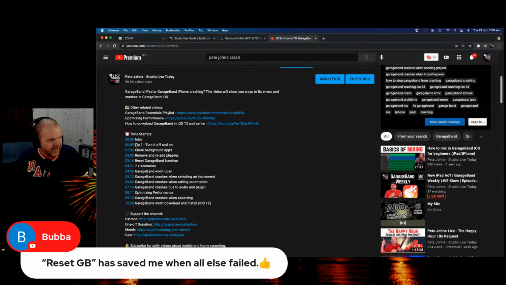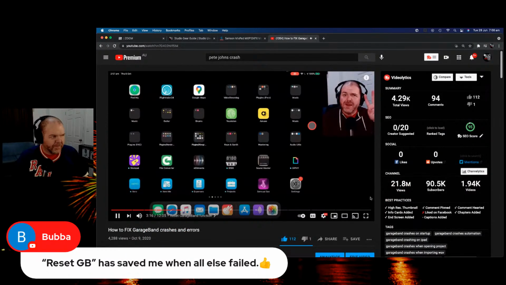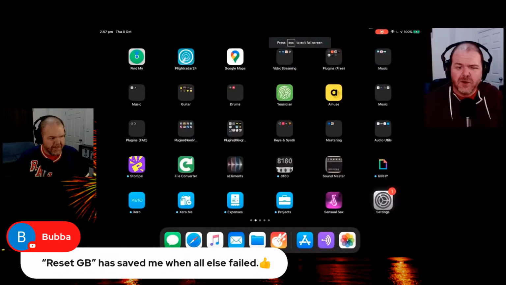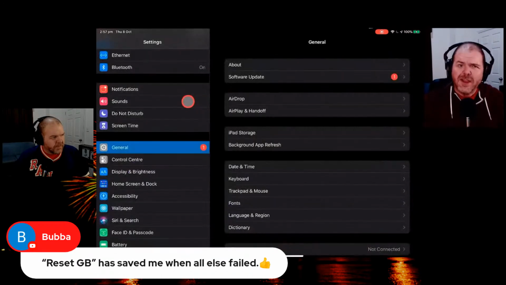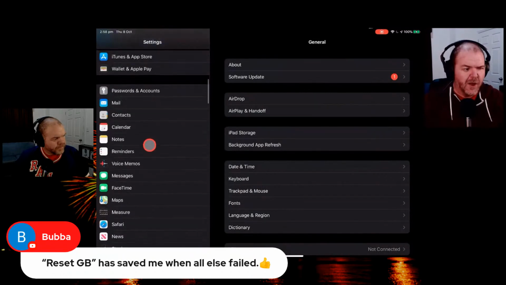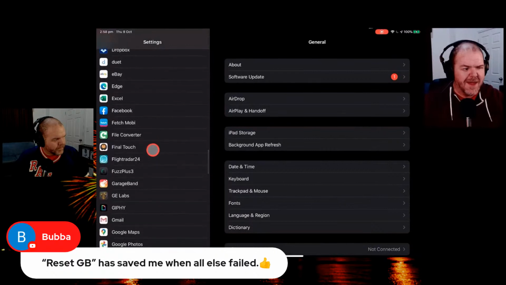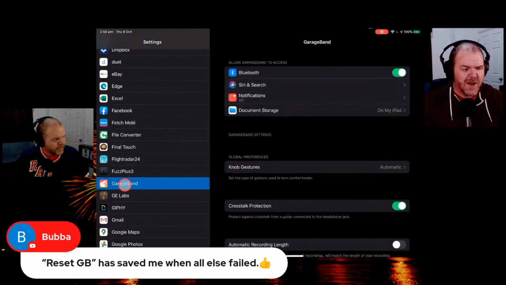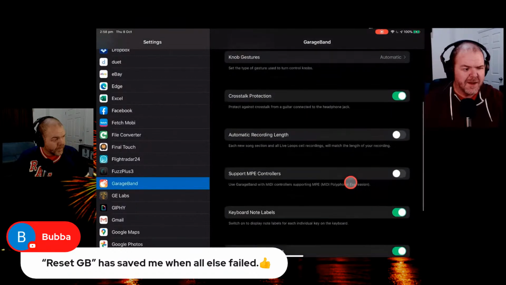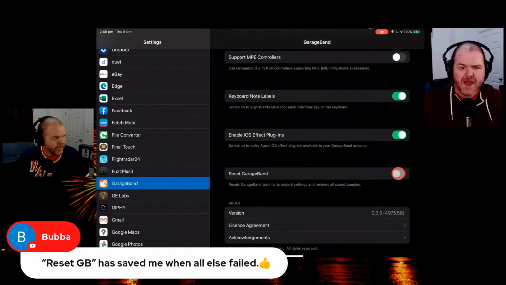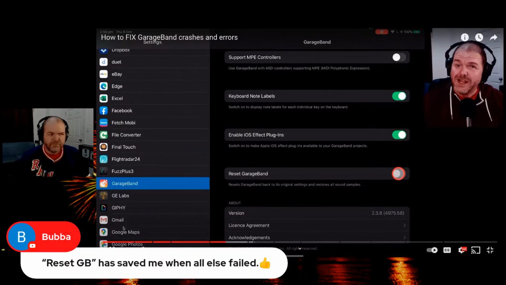So if you go to this video and come down to here, let me just show you. I'll just play this little bit for the reset function. Our fourth tip is to use the Reset GarageBand function. We'll show you where it is. This setting is actually here in our Settings option as opposed to GarageBand. So let's tap on Settings first of all. And over here on the left, if we scroll on down, what you'll notice is that we'll start getting the settings for individual apps. If we keep going down there, there is GarageBand. We tap on GarageBand there. You'll notice here that we can come down here and we can reset GarageBand. So if we tap that slider on, then the next time we open GarageBand, it'll be reset to its default settings.